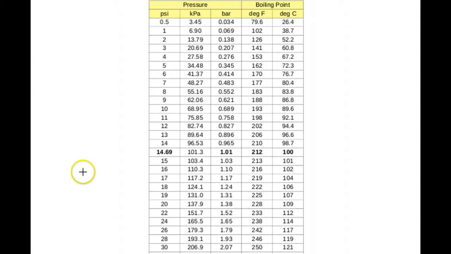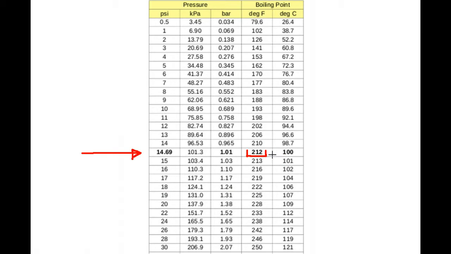Now, this is key for you to understand as an air conditioning technician. This is the key point for understanding how refrigeration works. So we're going to review here at atmospheric pressure, which is 14.69 psi. Water begins to change state or boil at 212 degrees. Now we can put 2012 degrees of heat